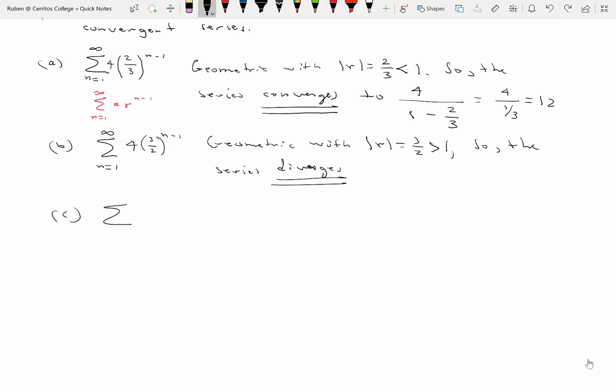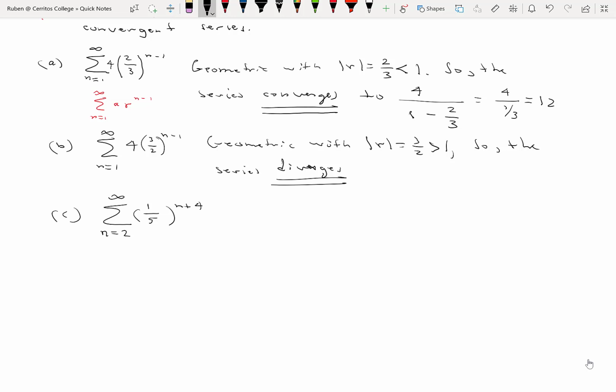Suppose we have a series that says n equals 2 to infinity of 1/5 to the n plus 4. This series is not exactly in the form a r to the n minus 1. N goes from 1 to infinity. But it is geometric. There are a couple ways of recognizing this. The first,